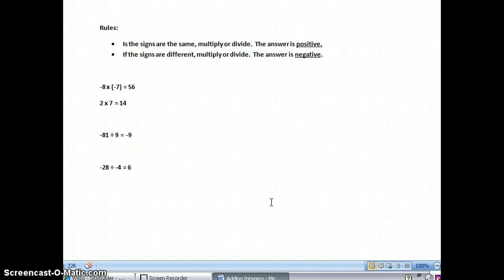This can be a little tough to get a hold of, especially if you're doing addition, subtraction, multiplication, and division together. So do a lot of practice, and if you need help, email me at